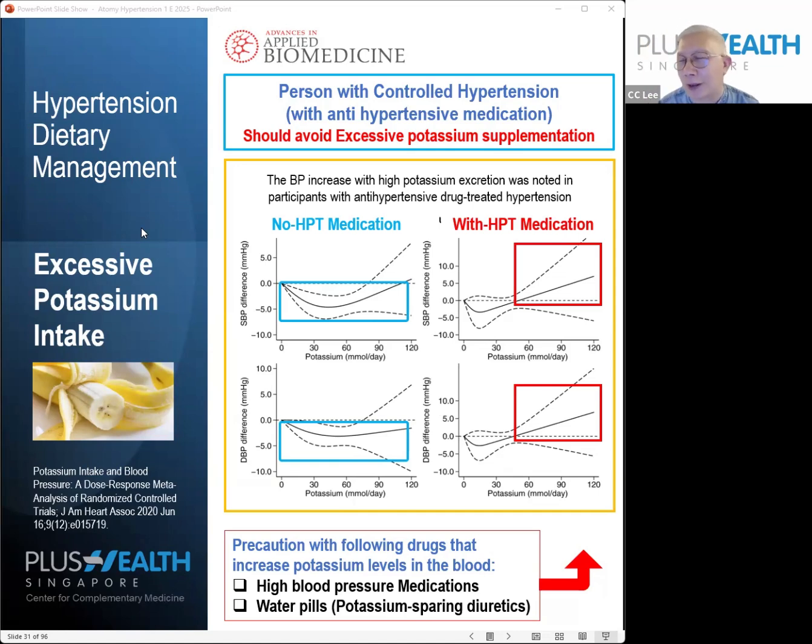So I'm going to put in this chart to tell you that, look, dietary intake of healthy vegetables and fruits which contain potassium is okay, because it will suffice to prevent you from having potassium deficiency. But if you are taking an overdose of potassium,